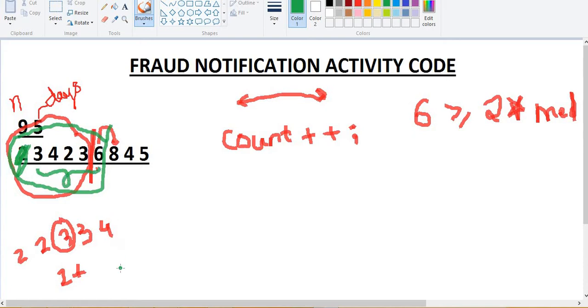It can be sorted as 2, 3, 3, 4, 6. You can see that the median is 3, so 2 times the median would be 6, and the given element 8 is greater than twice the median. So we again increment the count, and this becomes 2 as of now.